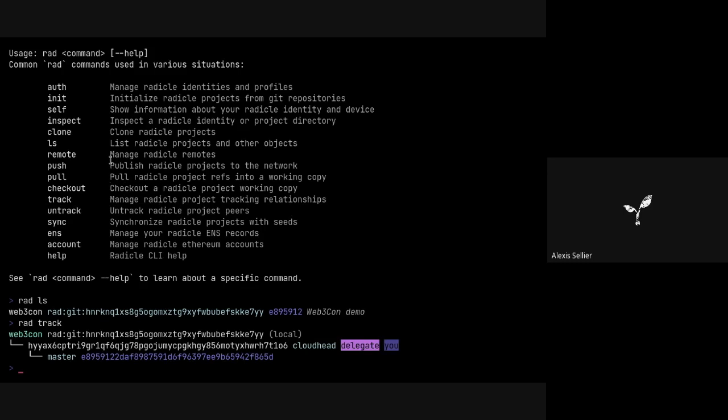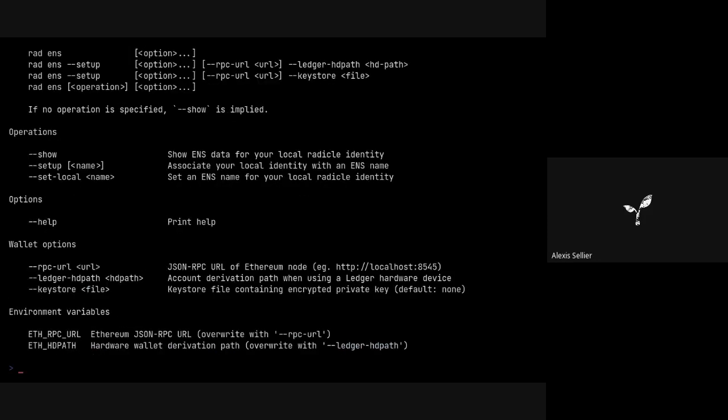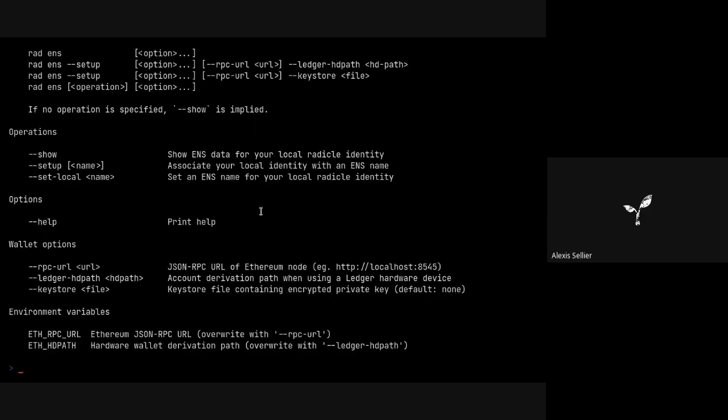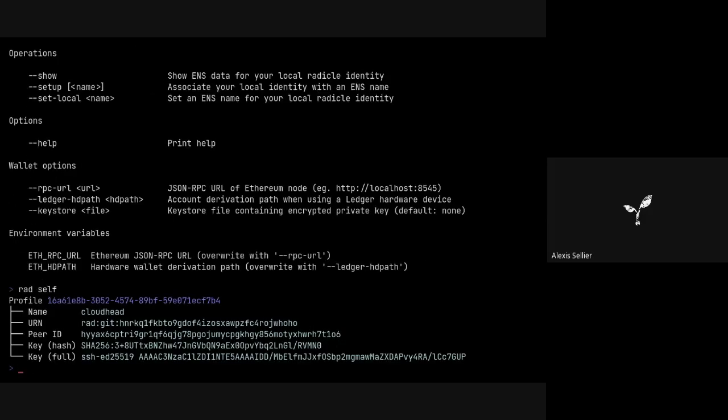And then as Abbey said, we have some cool features around ENS also. The ENS stuff, I'm not ready to show it right now because I would have to get my ledger out and all that sort of stuff. But essentially, it lets you associate an ENS name with your local Radicle identity. So you can see if we go on rad self and we actually do rad inspect